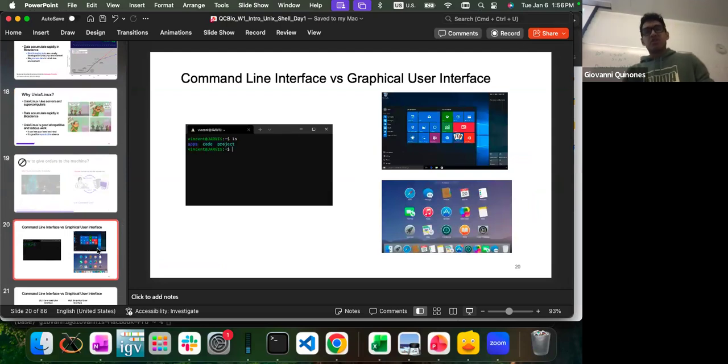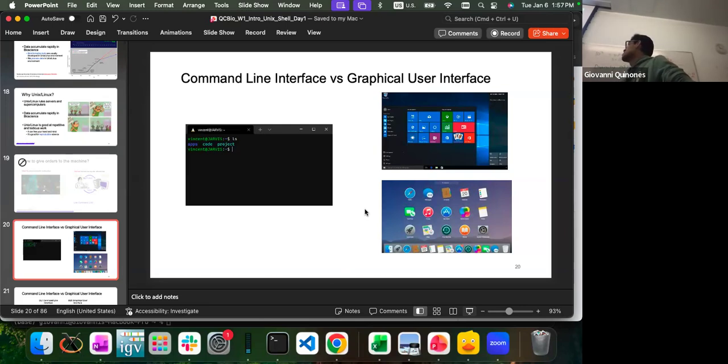And some of you may already be familiar with this. When we talk about the command line, we're talking about the terminal. This is what is usually referred to as CLI, or command line interface, which is where you type all the code on the terminal. So input, output, and everything can be done from the keyboard. When you're working with a command line, as people say, you don't need to use your mouse anymore, because everything is typed out.